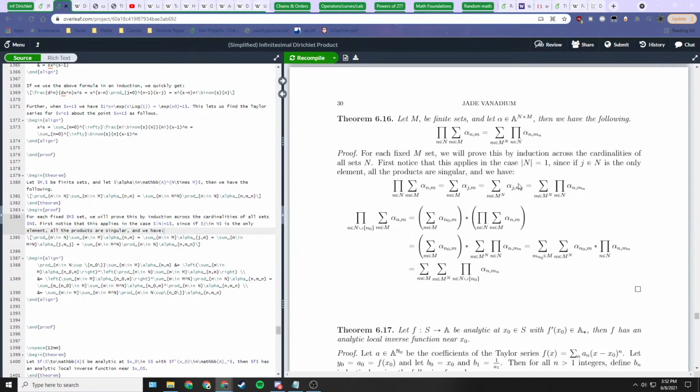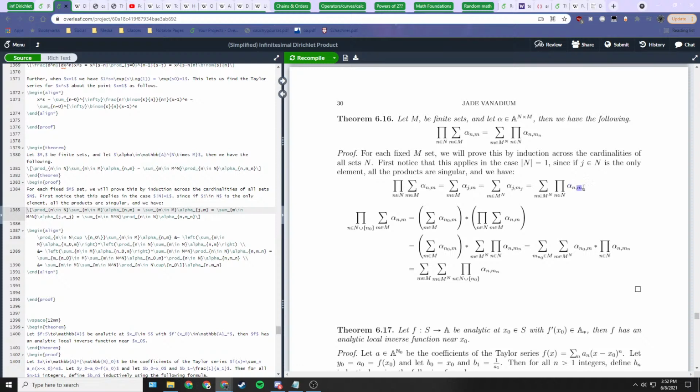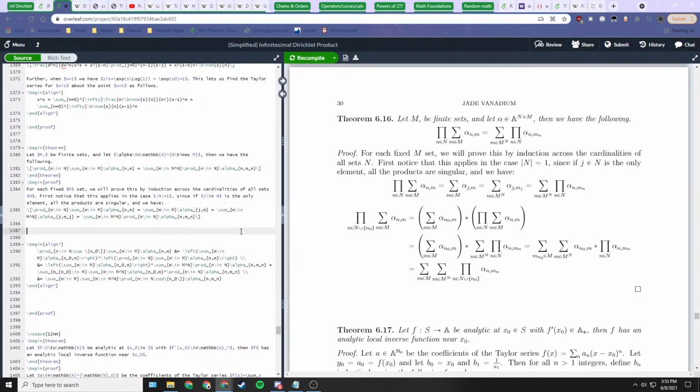And then we have alpha sub j, m sub j. Well, this alpha sub j, m sub j is the only element of the product, so this is the same as the product across n in N of alpha sub n, m sub n. So this is the simple case where the cardinality of N is 1. Now for the inductive case,